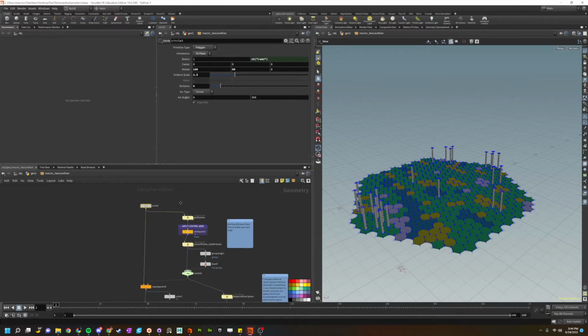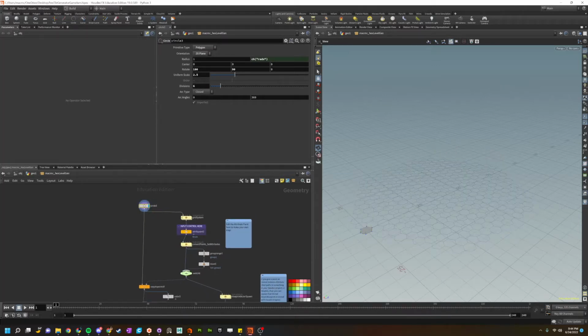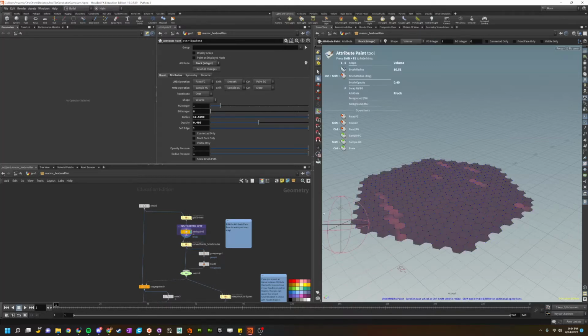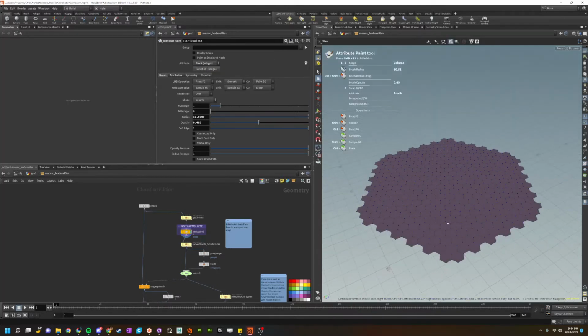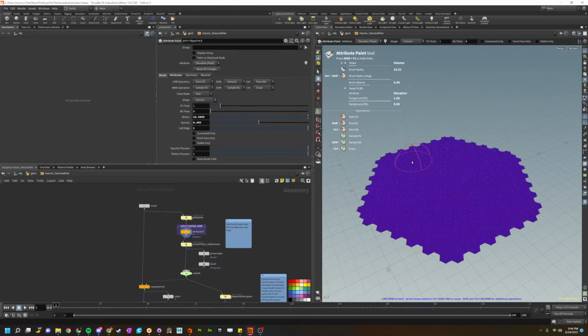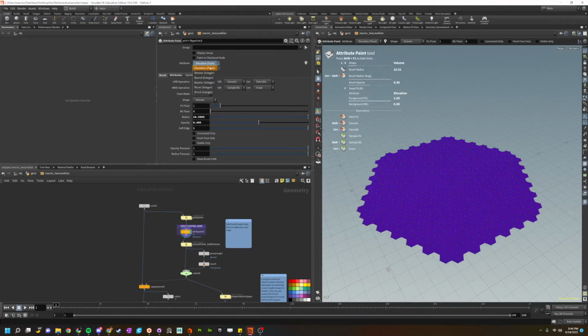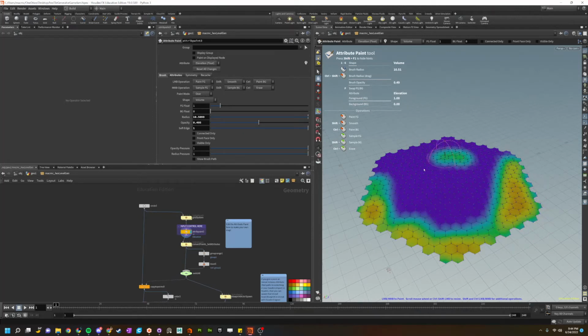But yeah, so the way the system works is you start from your hex, and then we turn it into a grid, and then this is where the fun begins, right here in this attribute paint node. If we reset all changes, I can go in and actually paint different cliffs and mountains in. I have an elevation. Shoot, I accidentally messed that up, but we can paint in different elevations,